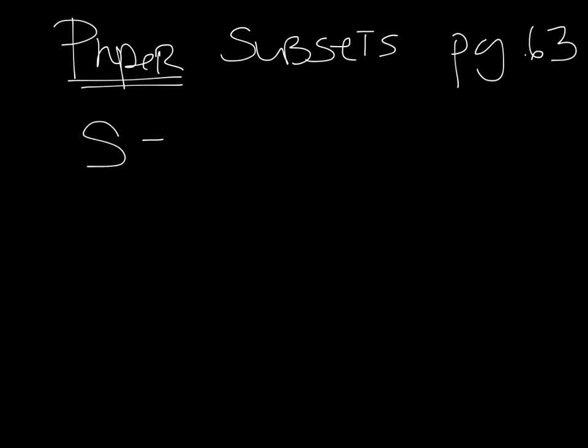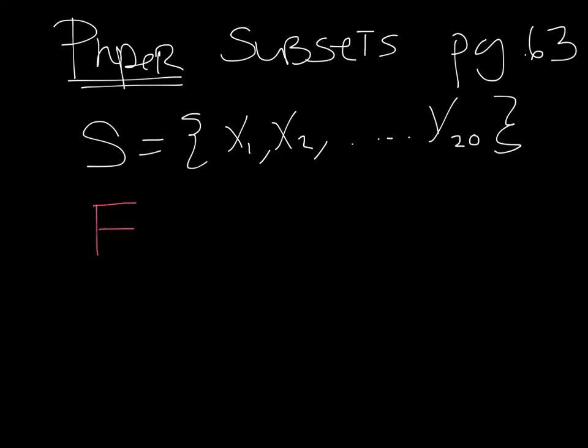So our class. There are 20 students in our class, right? X1, X2, dot dot dot, all the way to X20. And remember we talked about the female students and the male students. Well, the set of female students and the set of male students. So we had F and, let's see, M for male. So our female students were a subset of the set S, right? All these 13 students live in that set. And of course, the 7 male students